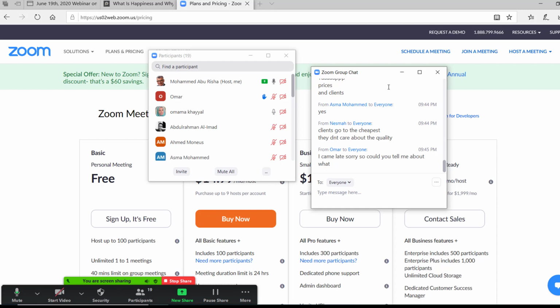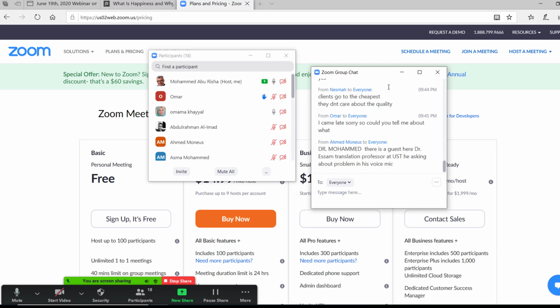Well, I understand this point, that maybe a client told you that he wants some kind of work at a cheaper price. Maybe your colleague is telling you about this job and you refuse. But you haven't answered Nesma's question. Maybe you have several clients and you don't care. But maybe another translator may think, I don't have any job at all in the very beginning. Omama, let's go first with Omar. Listen to Omar and I'll come back to you or to any person who raises a hand. Omar, you're raising your hand, so please take the mic and give us your thoughts about it.